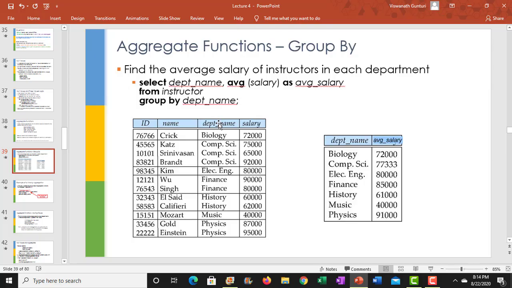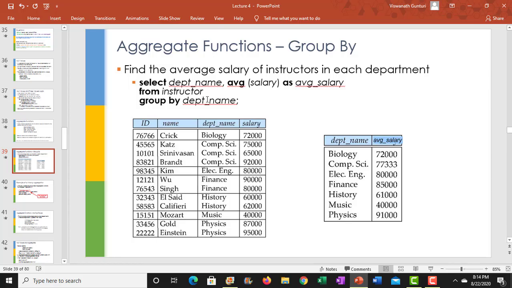So if the department name over here had maybe 6 or 7 unique values, you will have only 7 tuples in the final result, right? When you have this from and group by, for each group you need to put one tuple, right? So by default, this select department name has to be the same, and every column